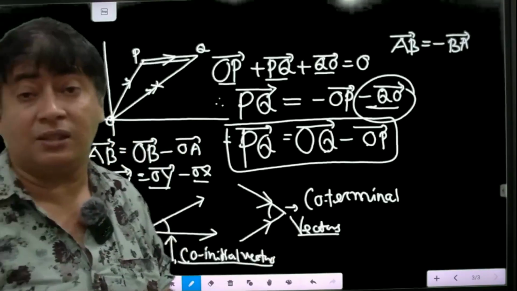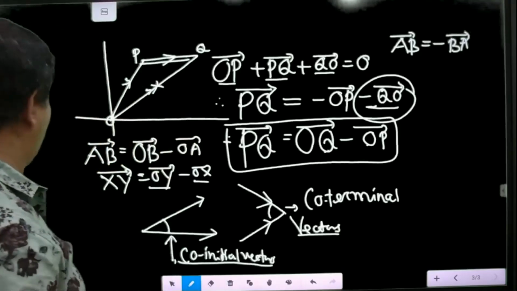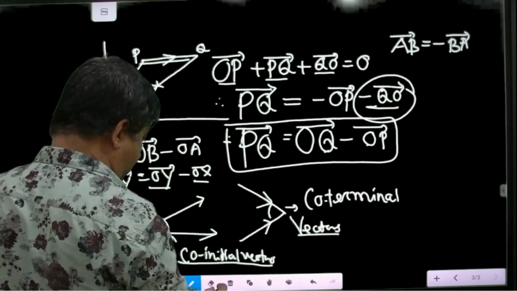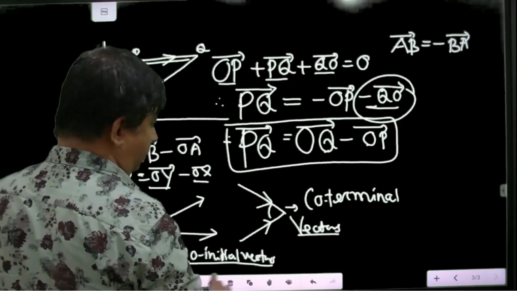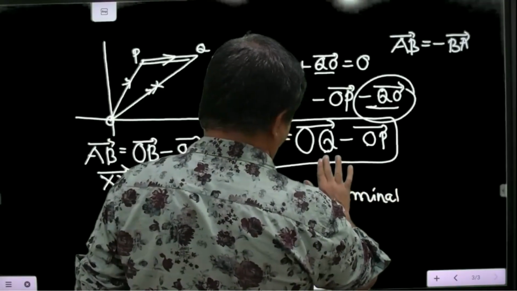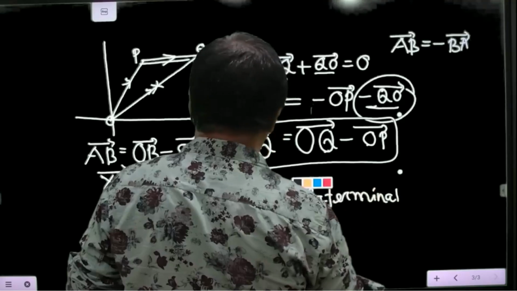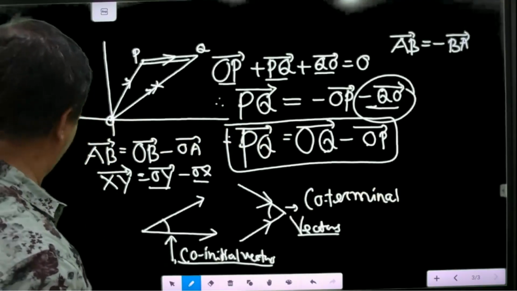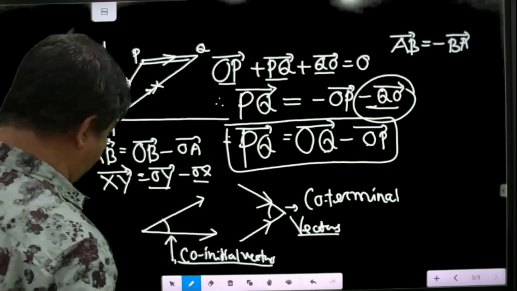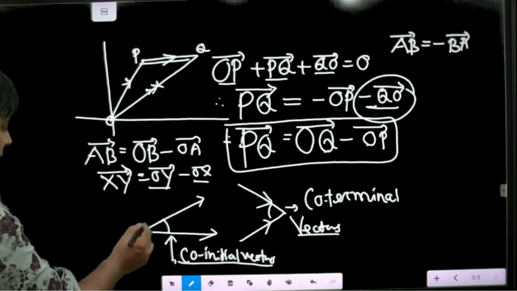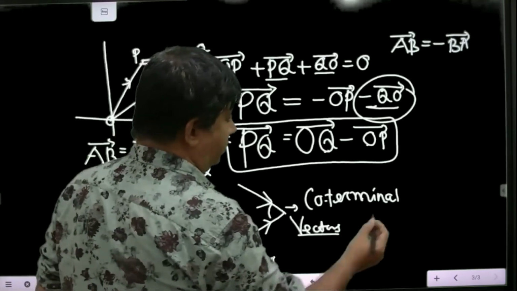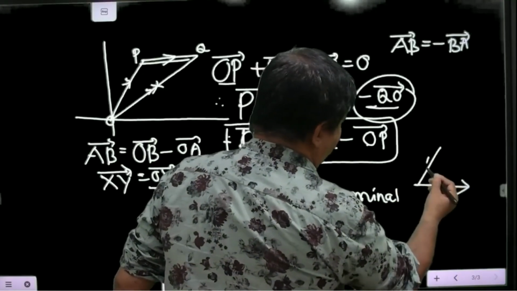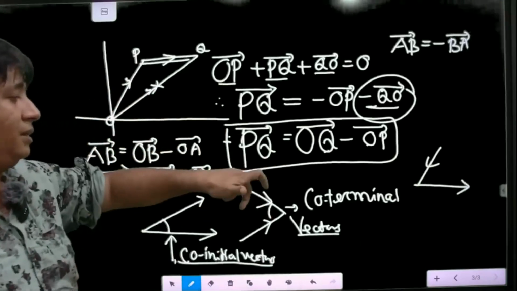Otherwise, what happens? Otherwise, you do one thing. See, this is a vector. If you give the arrow sign in this direction,